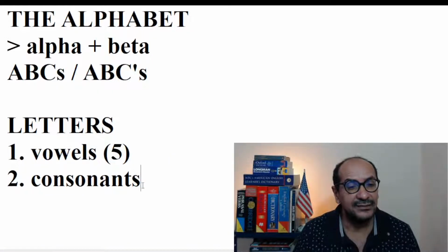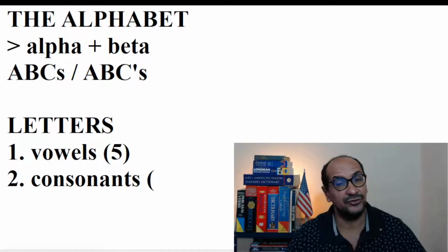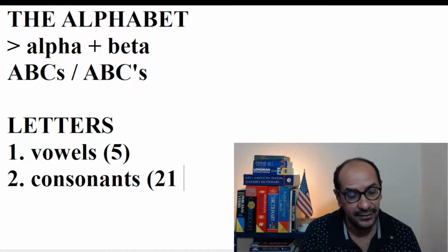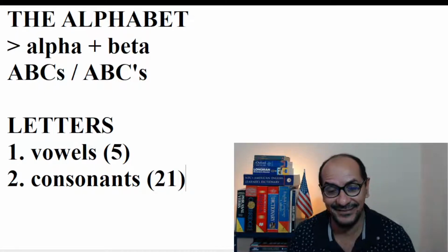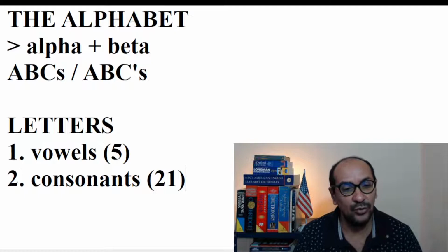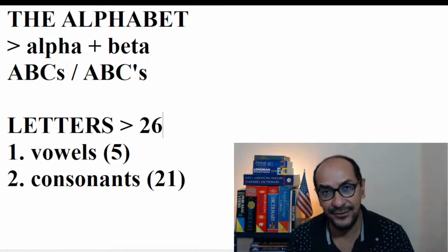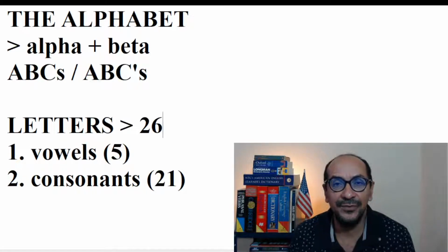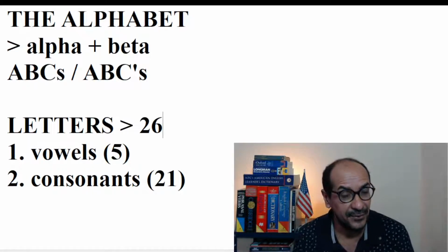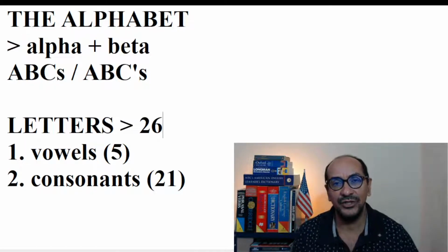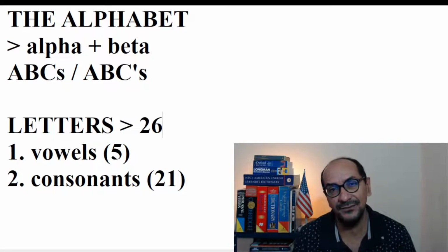And that's why it's important that you realize that learning the vowels is going to help you a lot, because after that you go to the only 21 consonants. So in total, of course, we have 26 letters. Some letters are going to be more difficult for you to remember. So my suggestion is try to realize which letters you are going to have problems with.